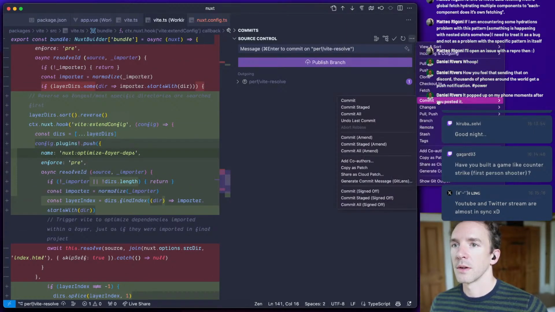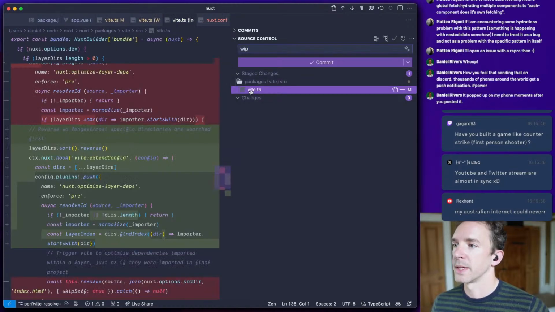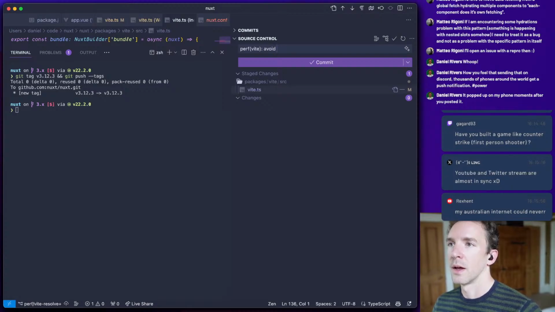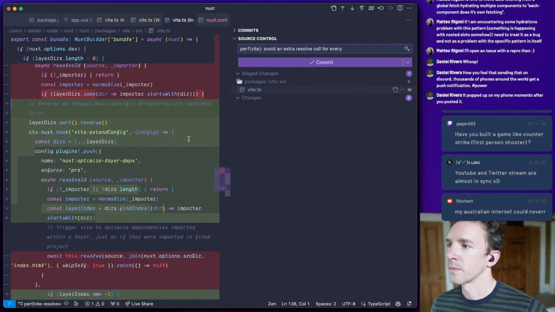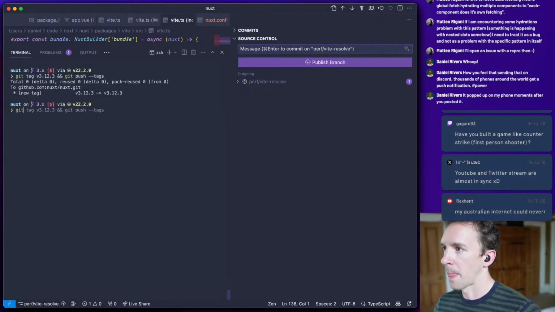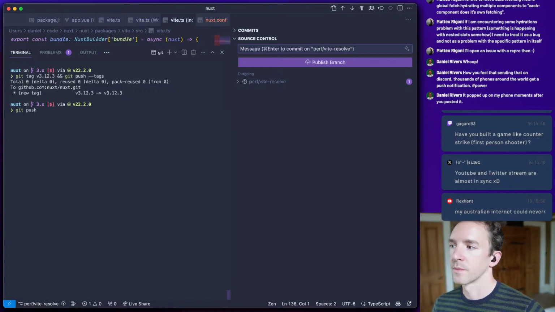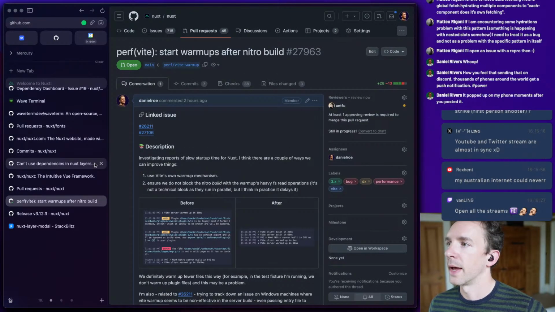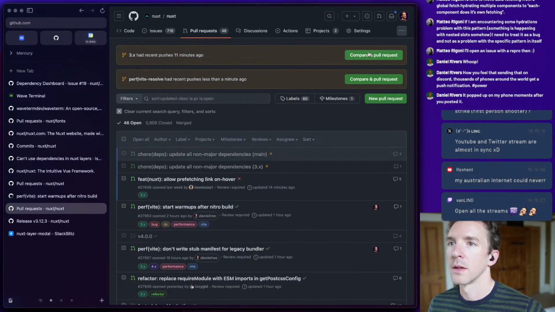So let's update it and push it and basically say perf vite void an extra resolve call for every layer. Cool. And let's just open that as a PR.